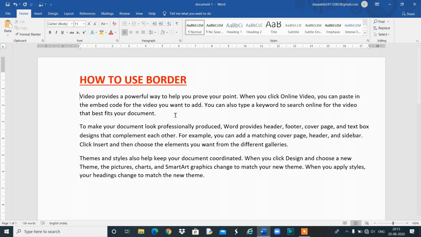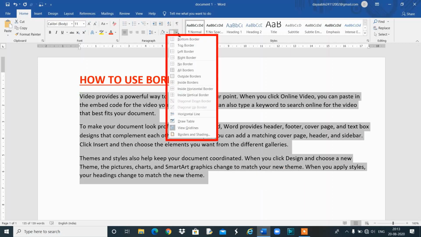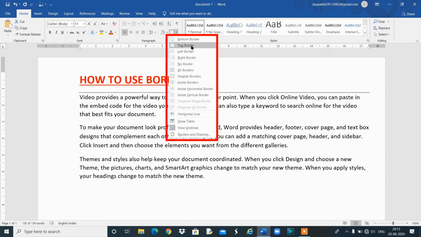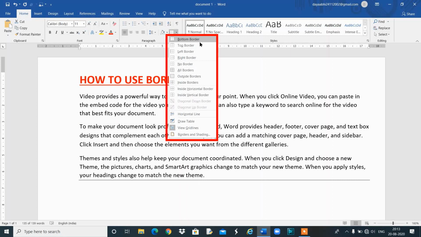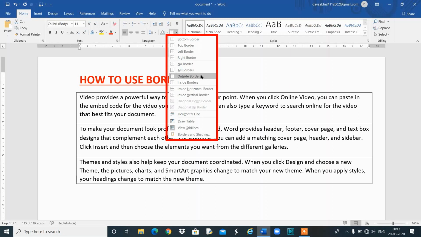We have seen all the topics and the last one left is border. If you want to apply a border on the paragraph, keep your cursor at any place or select all paragraphs and select the border option. There are so many options for applying a border on a paragraph, just by hovering over the different borders: left border, right border, outer border, inner border, etc. I picked the all border option. It's done.